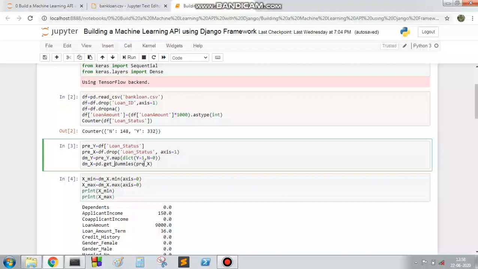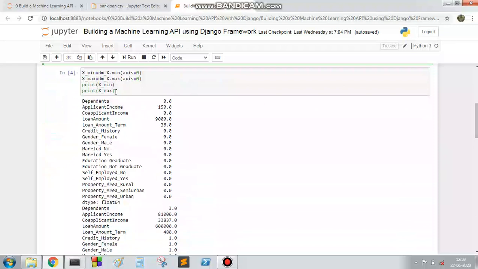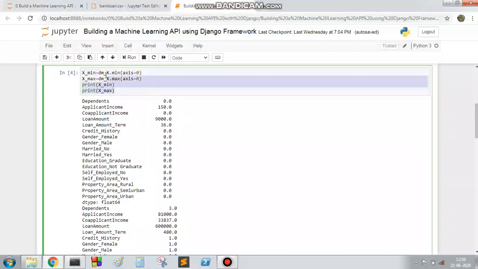So before, we had only 11 features. After this line, you will get a total of 17 input features. Now come to this line. For time's sake, just ignore this for now, because this value is very essential. Each value is very much essential in our design of the Django framework.